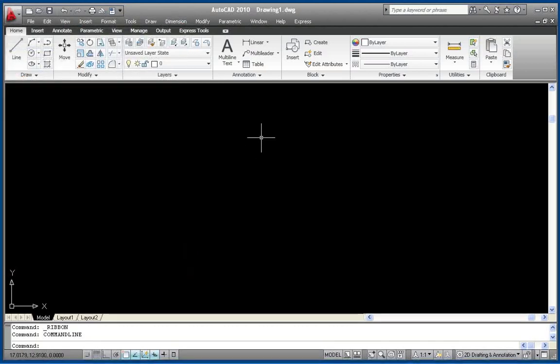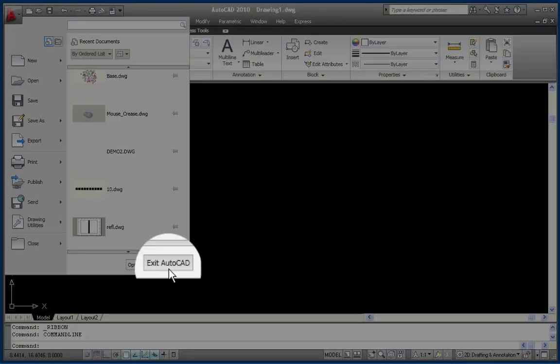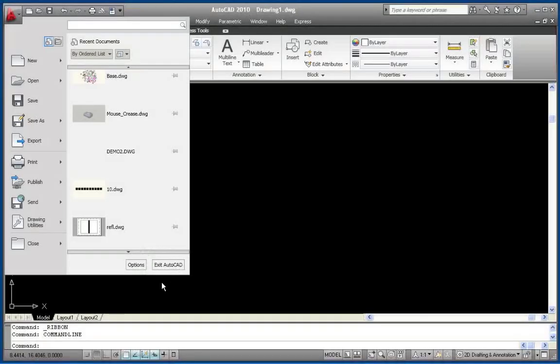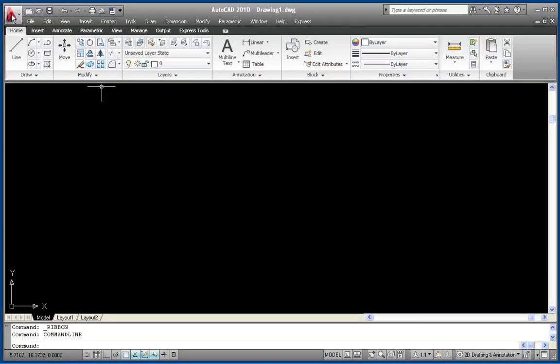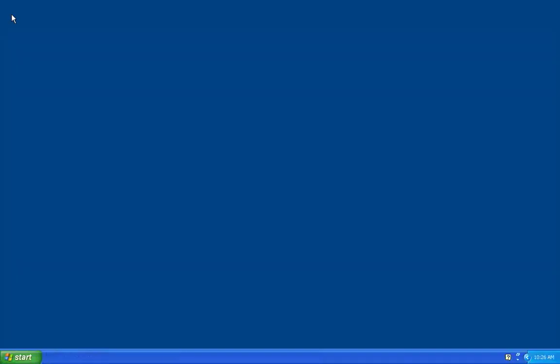One last little trick about the application menu is that you can double click on it to close AutoCAD. So it is the equivalent to coming down and picking Exit AutoCAD, but if I double click on the red A, it exits AutoCAD. If I had any drawings that were open with unsaved changes, it would have prompted me to